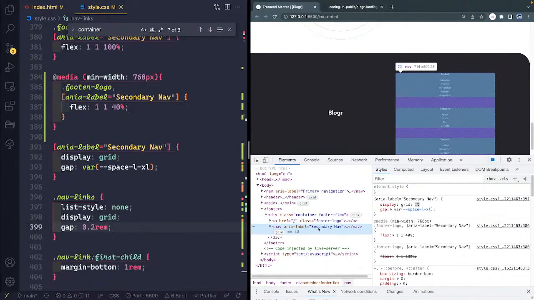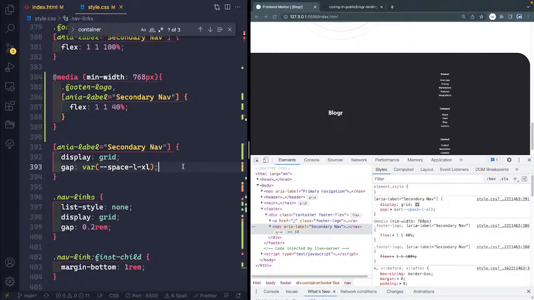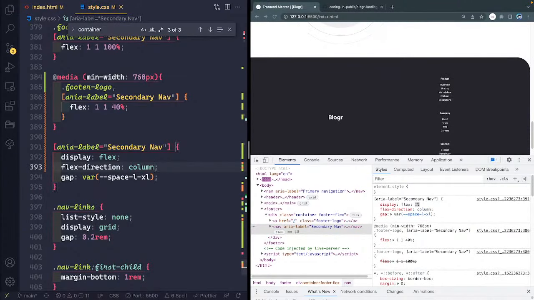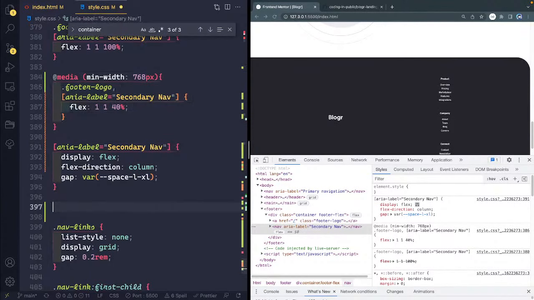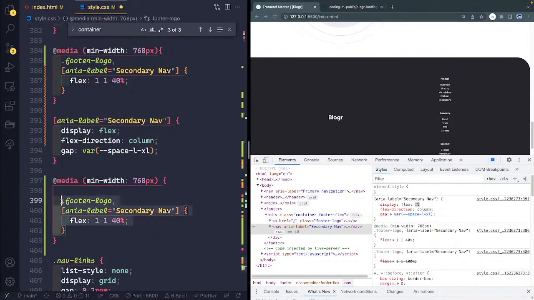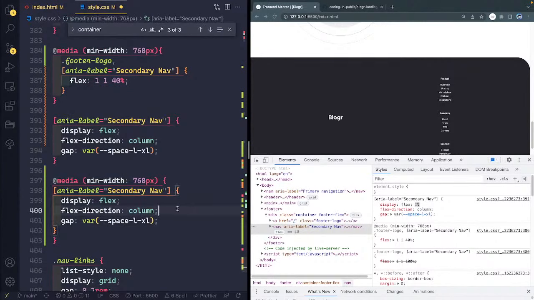Footer, everything's inside the secondary nav. So I've set this up with a grid. Not sure that was a good idea. So let's change this to flex, and we'll just do flex direction column. It should look the same, and then let's get this media query down here, and we'll paste this in. Let's see, right here, and I'll just change this to row,